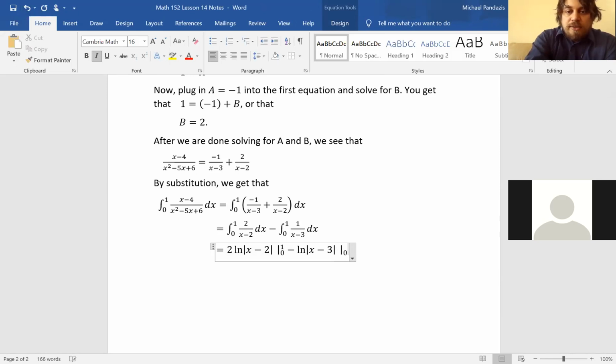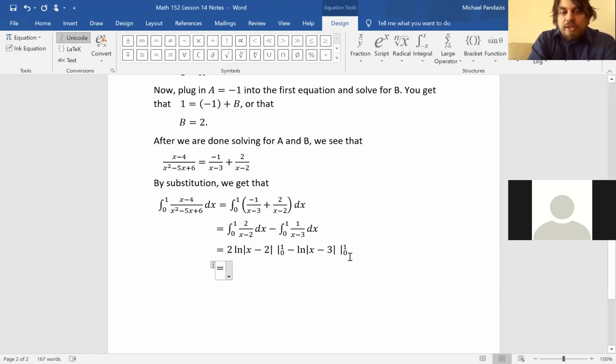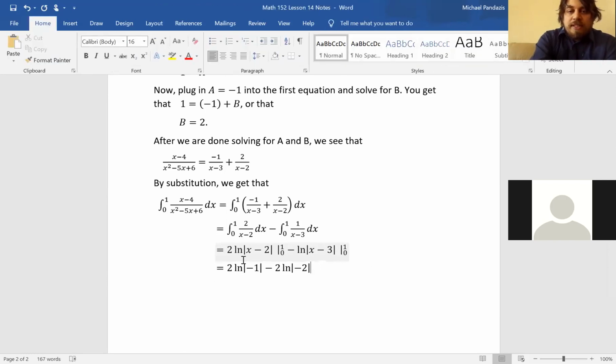From 0 to 1. And now this is equal to, so you just plug in the values. So when you plug in 1, you get 2 ln of the absolute value of minus 1 minus 2 times ln of the absolute value of minus 2. Okay. And so,